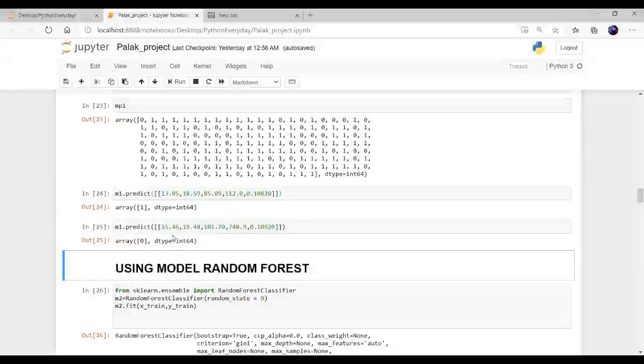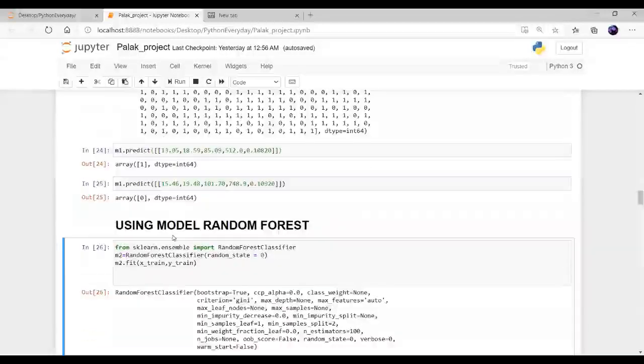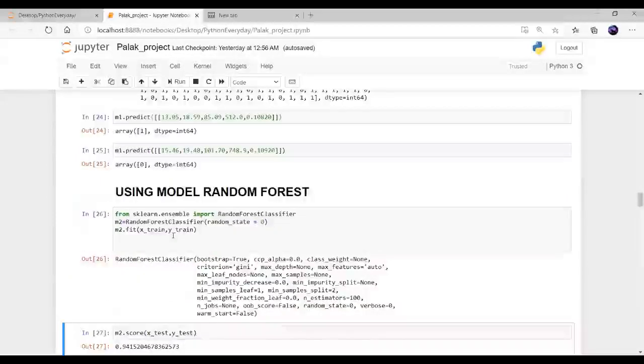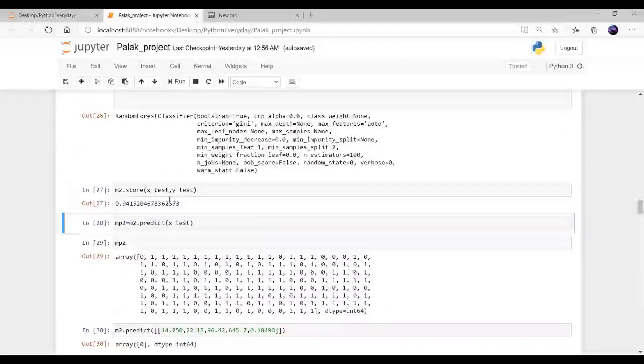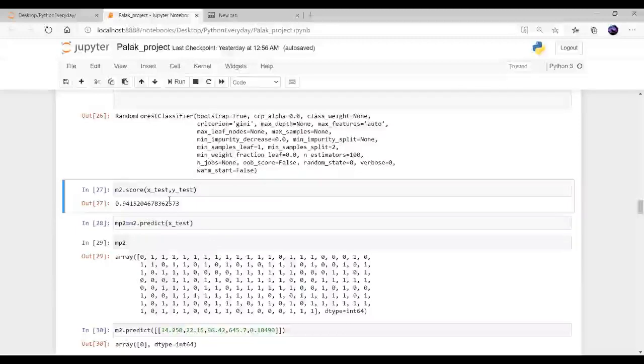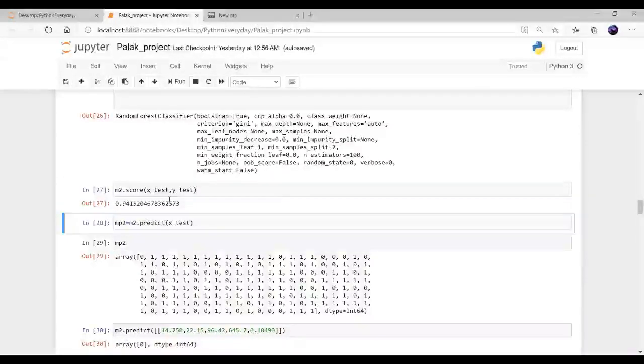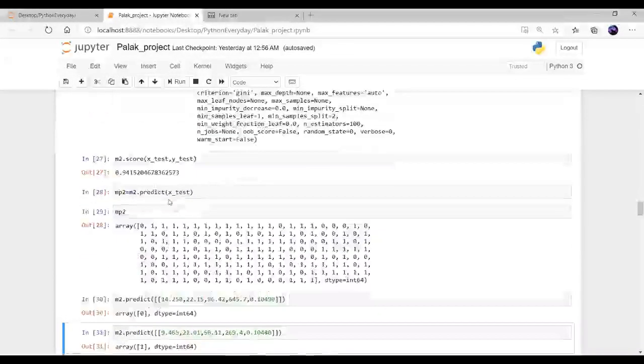Using another model, that is random forest, an ensemble method, here also I have fitted the model, then predicted the score, that is 0.9415, and then predicted the test values, just like I did above.